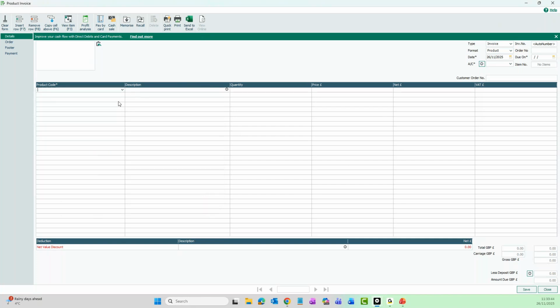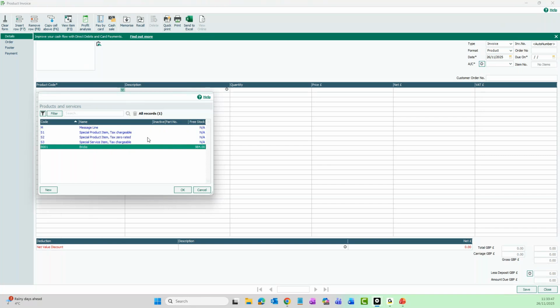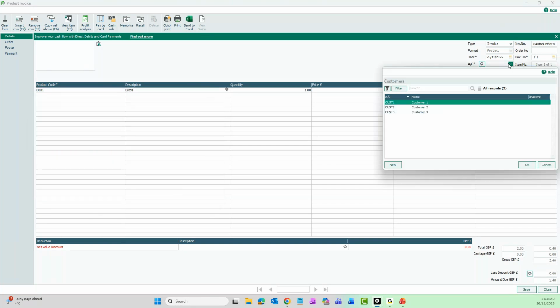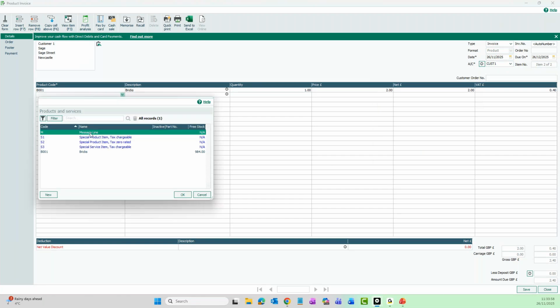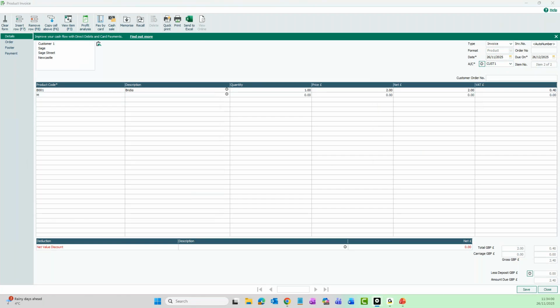So if I show you what I mean by that, if I just cancel out of this, I'll pop another quick one on again for bricks. I'll just use my customer number 1 and I'll just tab along just so I can show you what this looks like. If I use my message line, it'll open up a little window like this on here. And if I just want to say maybe it's delivery after Christmas, pop that on there, and you can see it's not entering any details on here. You can then just save that, just like a normal invoice, close it,